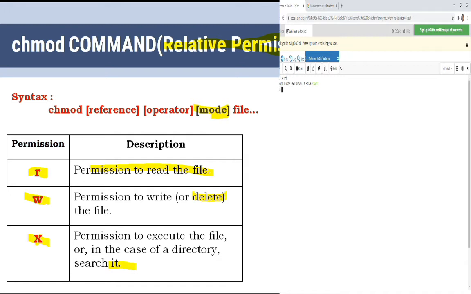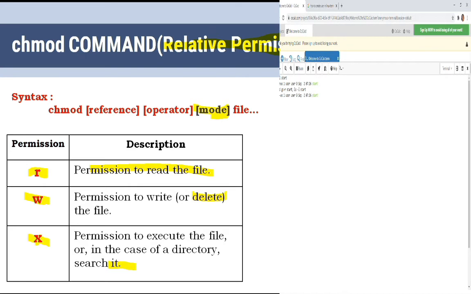So chmod, then I want to remove the read permission for the group and the others. So group will be G, others will be O. As I am removing, I use the minus sign. Which permission are you removing? R. Then you have to specify the file name. See, the read permission will be removed from the group and the others.